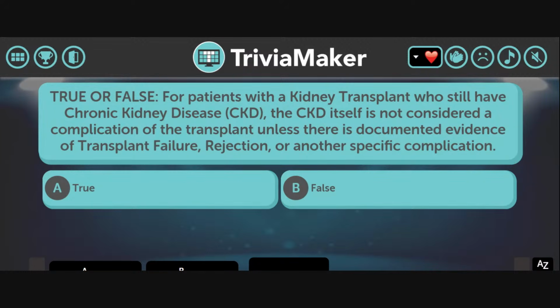Let me know in the chat what you think this is, true or false. All right, I'm getting an overwhelming true, and you guys would be 100% right. It just makes sense when you read it out. And I think every single person got it right. So we did really end on an amazing note for this game. So shout out to you guys. All right, that was a great warm up.